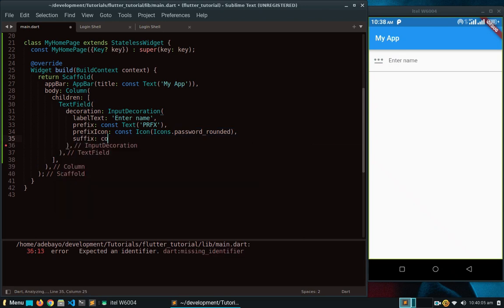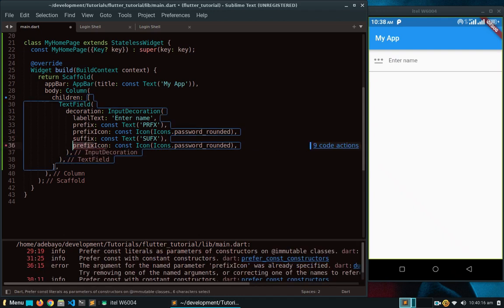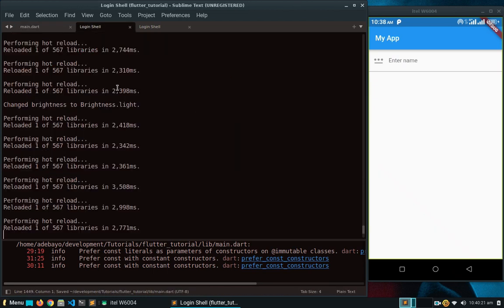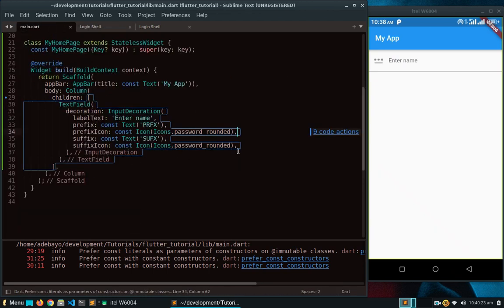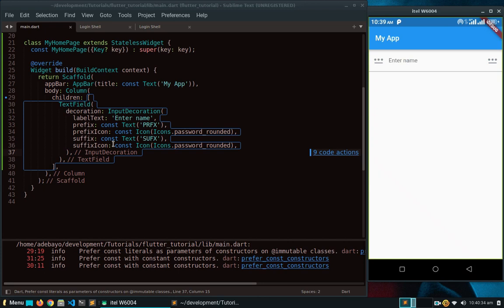So if you want to play with that, there is also a suffix icon. If you really want to use the whole power of the whole prefix and suffix thing, you can do that. And you're going to have something like this. There we go. So you're going to have "Enter name", prefix, suffix, and you're going to play around with everything like that. Anyway, that is that about the whole thing, and there's a bunch of other things you can set here